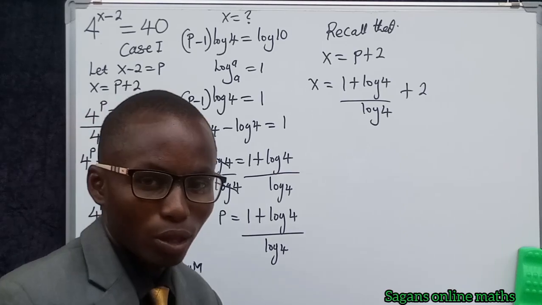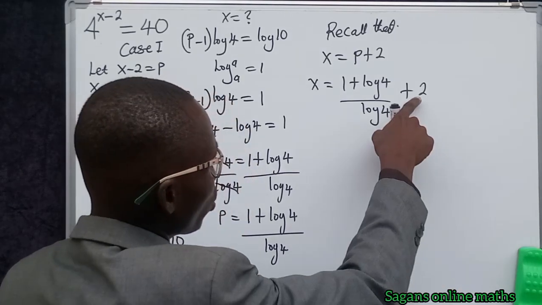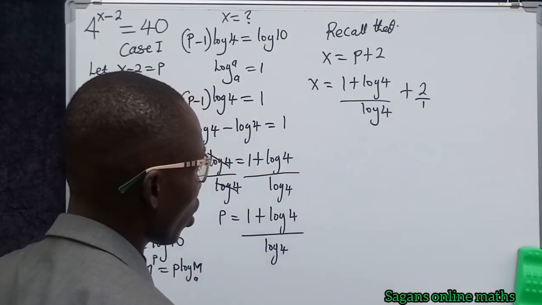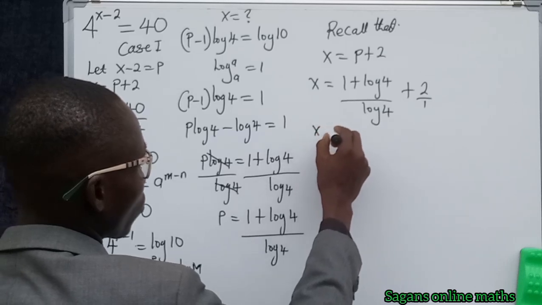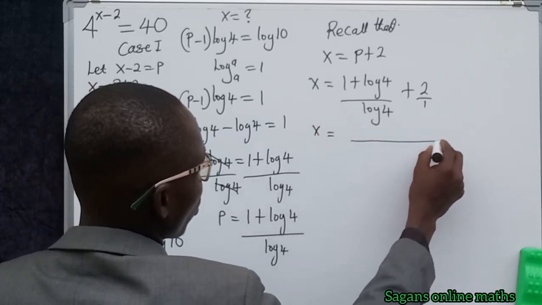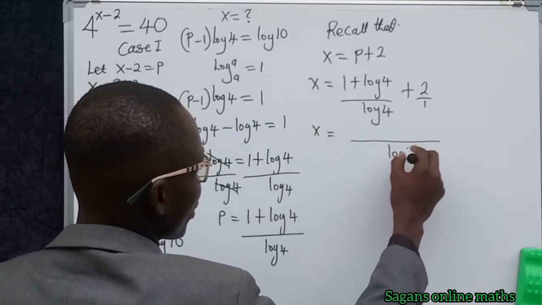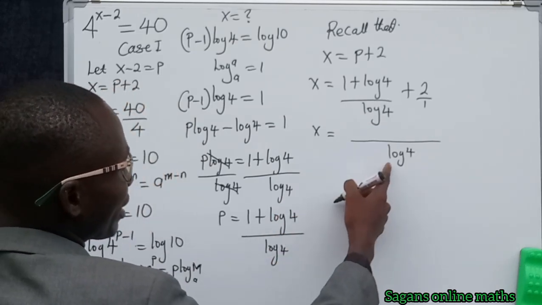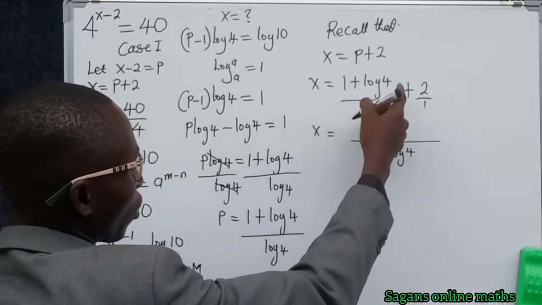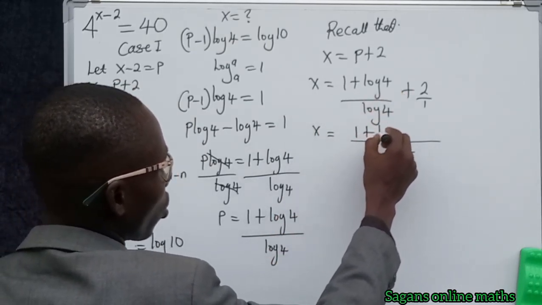Now don't forget that the denominator of this 2 here is 1. So we can take our LCM. So x is equal to, the LCM is log 4 base 10. Now log 4 base 10 divided by log 4 base 10 is 1, and 1 multiplied by all this, we're going to add this, is 1 plus log